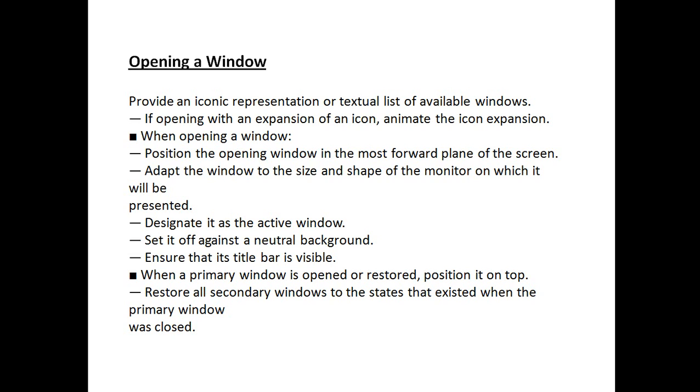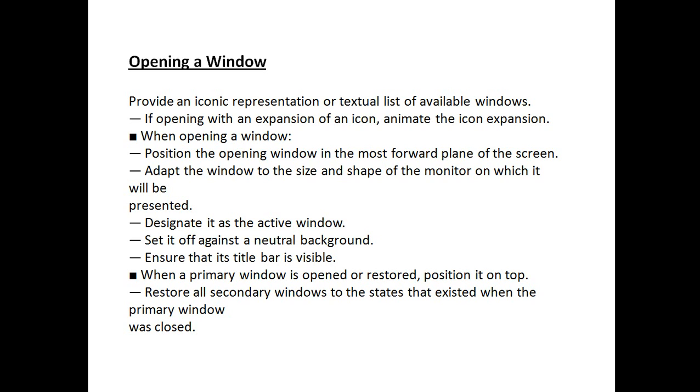The next one, we have opening a window. Whenever we perform this particular task, that is opening a window, maybe you are using some sort of icons.